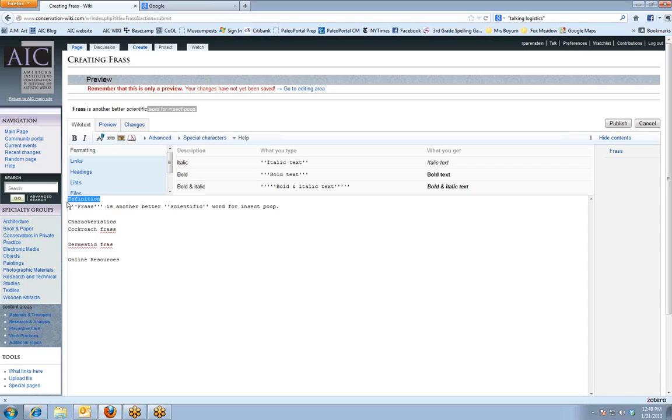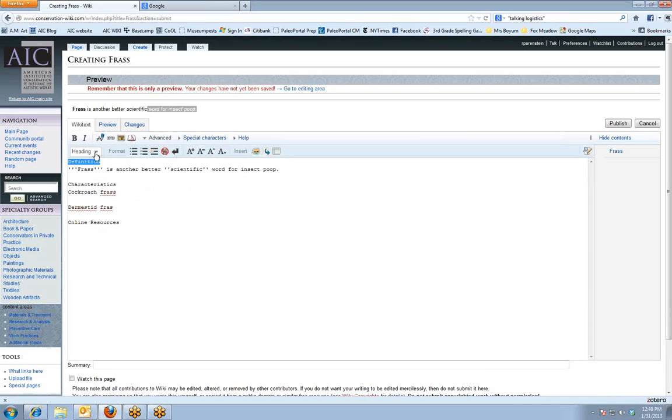So let's say I'm going to make this. I'm going to click here in my help window on headings. And it shows me what my different options are. But also under Advanced, I have the headings set up here. So here I'm going to make this one a level 2 heading. I'm going to make this one also these level 2s, and then I'm going to make these level 3 headers. So I'm just highlighting my text and clicking on that,